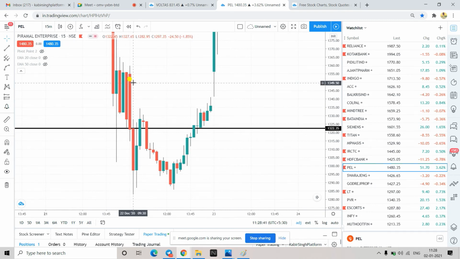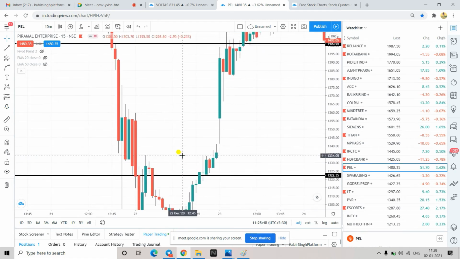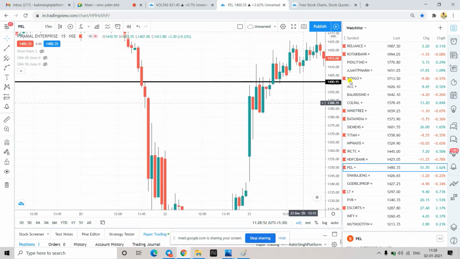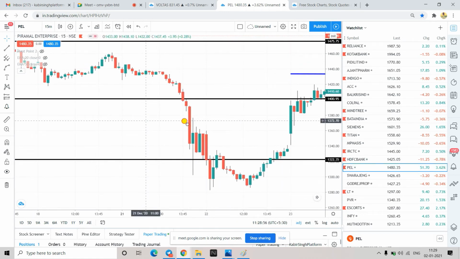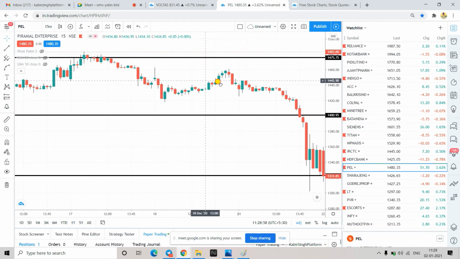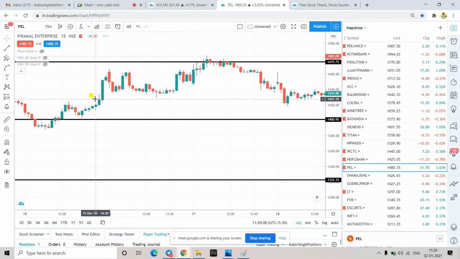In this also, if you see, this is the high, and then a U kind of pattern. Whenever this day high breaks, it will give a sharp move. So next day the day high was broken. This U pattern gives us a lot of confirmation if we can spot it on time.